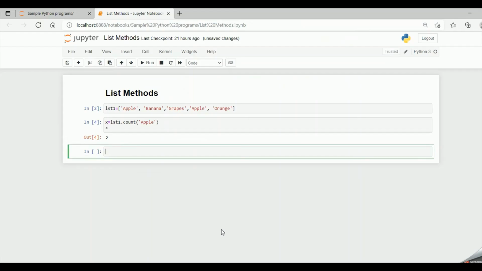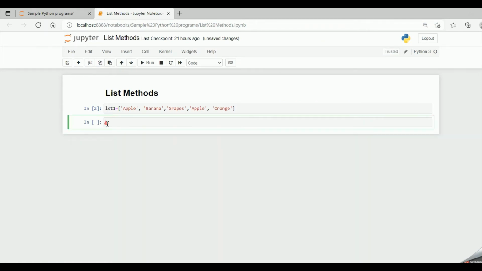So now let's look into the code in detail. Let me say x equal to lst1 dot index and my value is grapes.